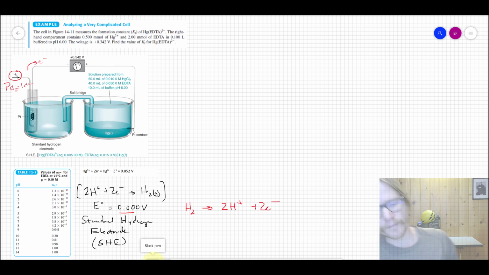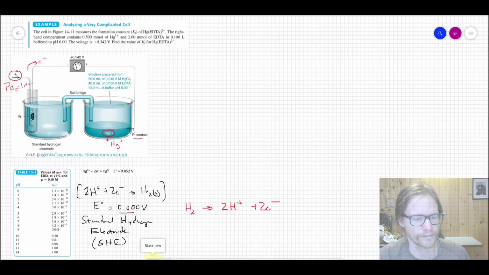So other complicated things about this cell. Look at the right cell. This looks a little weird. You've got liquid mercury, which is liquid below 0, so it's molten in all atmospheric settings. And you've got a platinum wire that actually contacts the mercury. So the actual electrode that's in contact with solution here is not platinum, it's mercury. So you got liquid mercury metal as the electrode, and then in that solution you've got mercury 2 plus and some EDTA. And so you've got mercury 0 here,